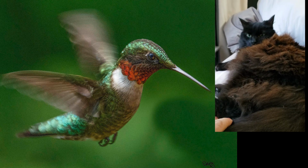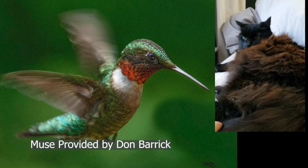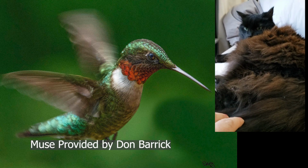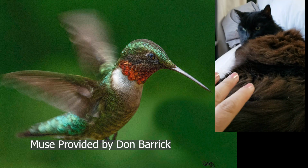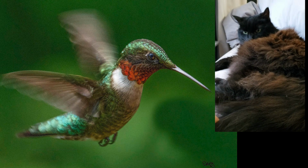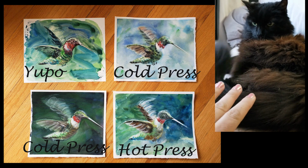I've painted this image, which I found on the Facebook group Free Reference Photos for Artists. The talented photographer was Don Barrick, and he graciously has given me permission to make tutorials from his photos. So thank you, Don. I've painted this 4 times, twice on cold press, once on hot press, and once on